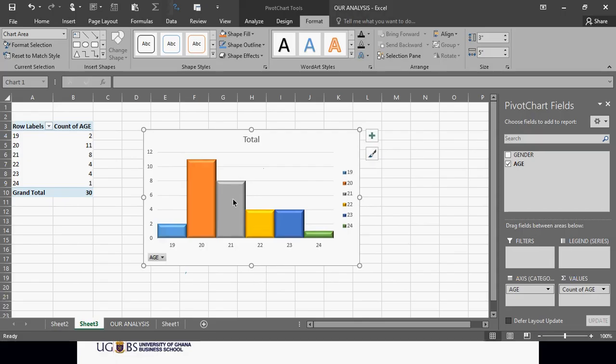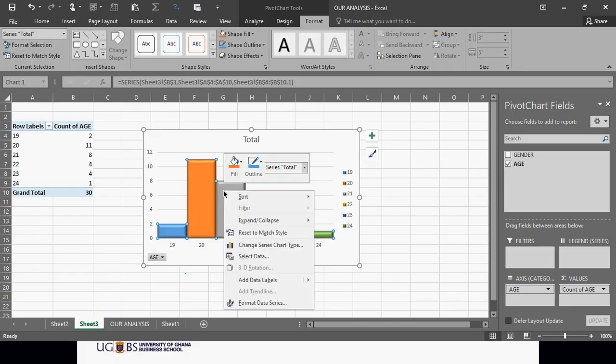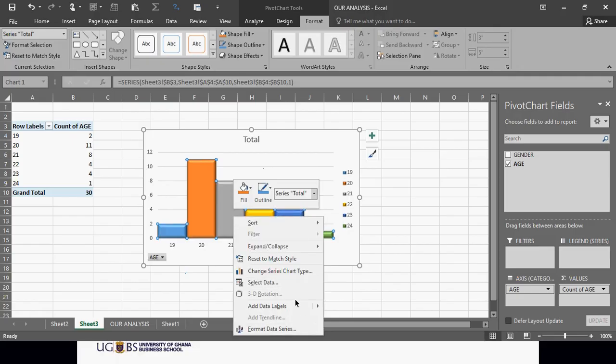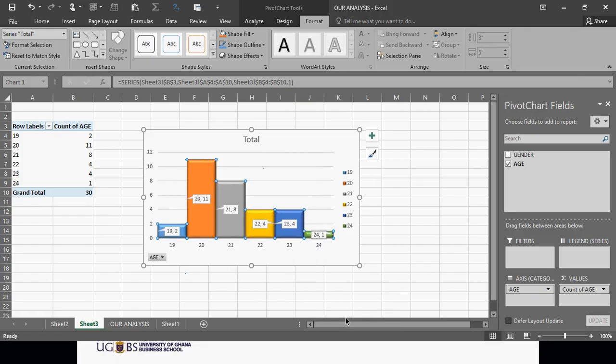Sorry. So let's right click on it again. Left click, then right click, right? Then come to add data labels. Once you right click and then you come to add data labels, don't click anything. Just leave your pointer on it and then you click add data callout, and you see that they will tell you